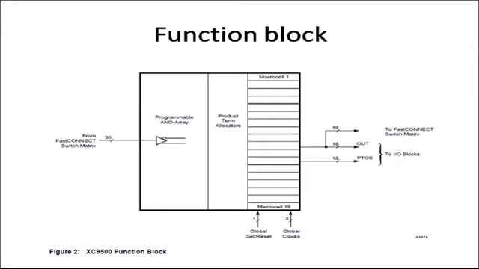Actually this function block is similar to 22V10. If you understand the architecture of 22V10, then you will understand it very easily. The only difference is that earlier in the case of 22V10 there was a different product term associated with a single output. Okay, and here in this 36V18 function block you have 18 outputs, and for every macrocell there is one output.